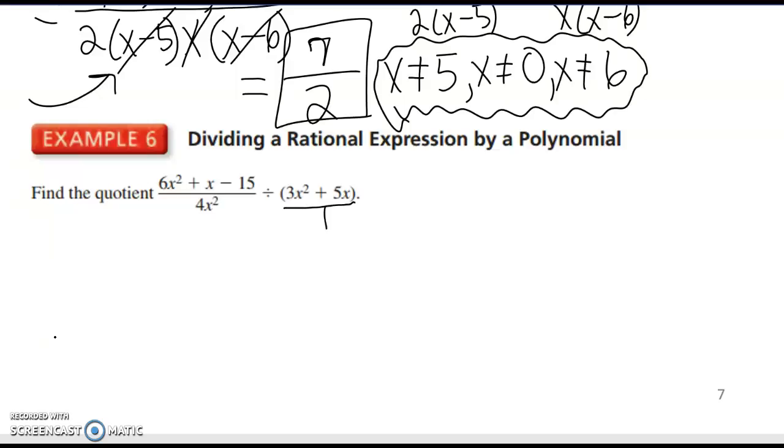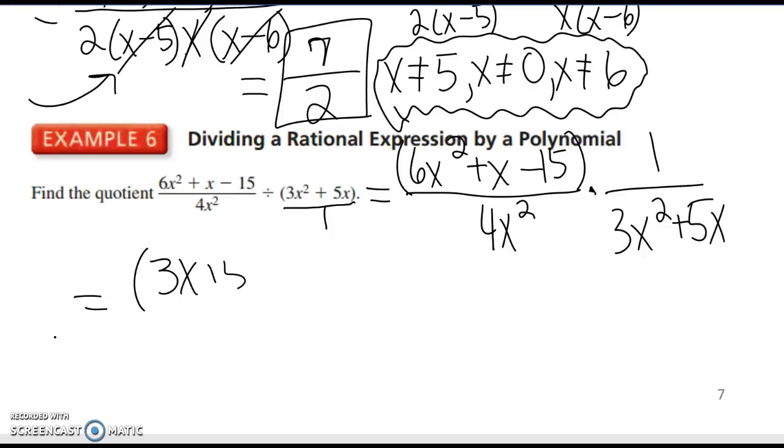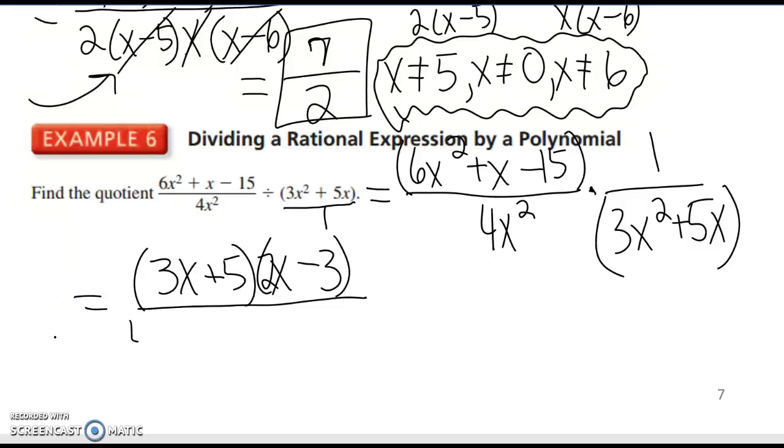So think of this as over 1, and then I'm going to rewrite this. We'll say this is 6x squared plus x minus 15 divided by 4x squared times 1 over 3x squared plus 5x. And now you want to factor everything in the top and everything in the bottom. So if I factor 6x squared plus x minus 15, I get 3x plus 5 times 2x minus 3. That's a tricky one. And then if I factor the bottom, I can take out an x, and I'm left with 4x squared times x times